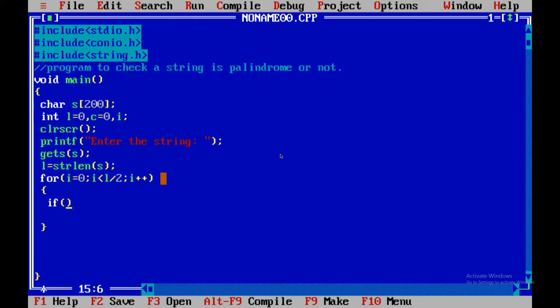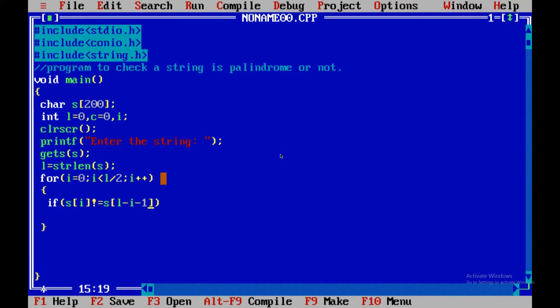In the if we are checking that the ith value of the string s is equal or not with the s of l minus i minus 1th value of the string. So why have we used l minus 1 minus i?